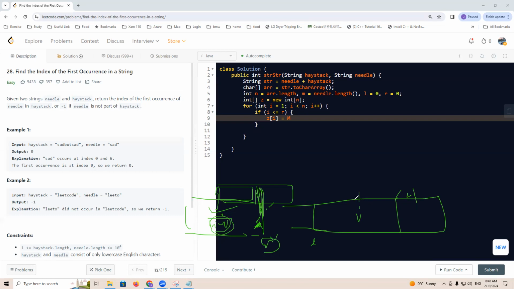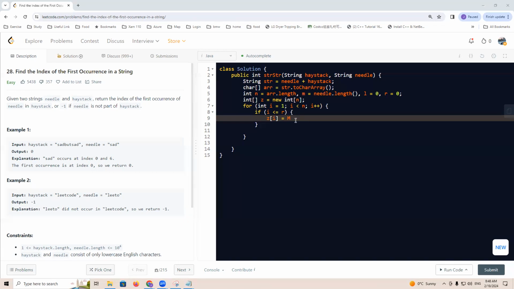So we'll have Z[i] equals Z[i - L]. In this case, we'll say this equals math.min of Z[i - L] and